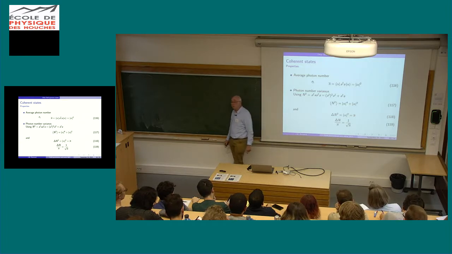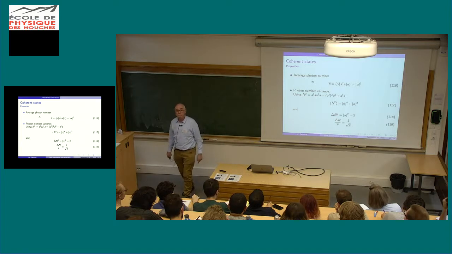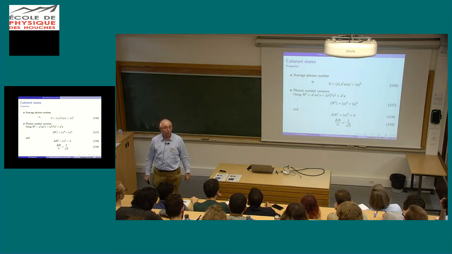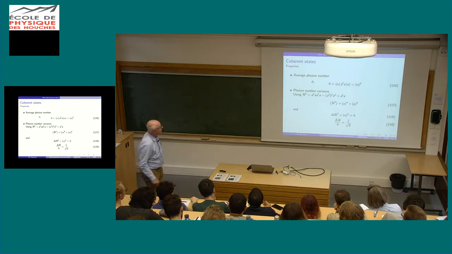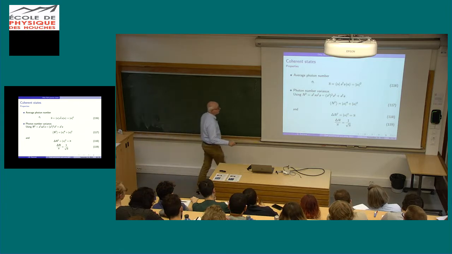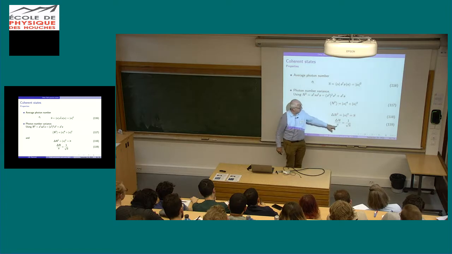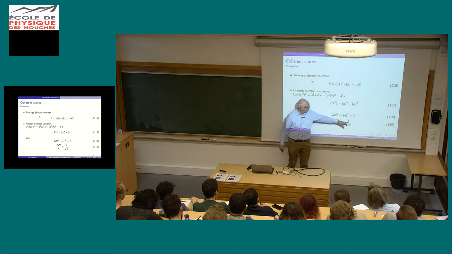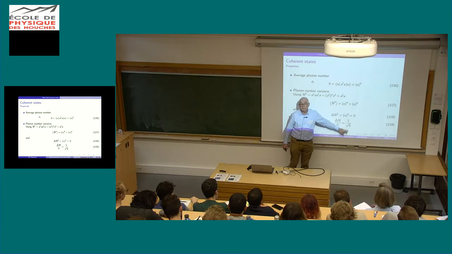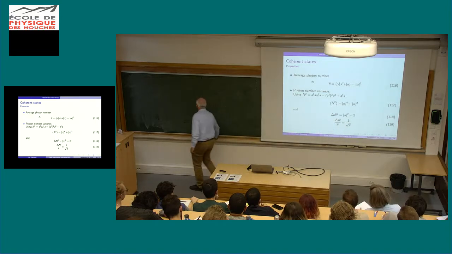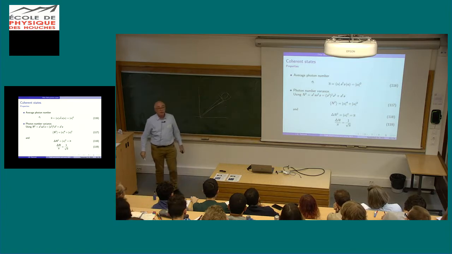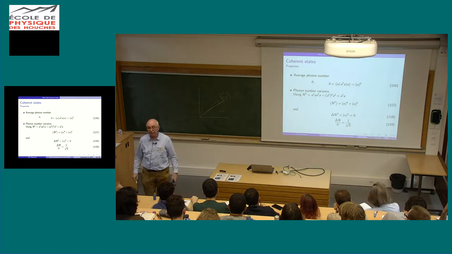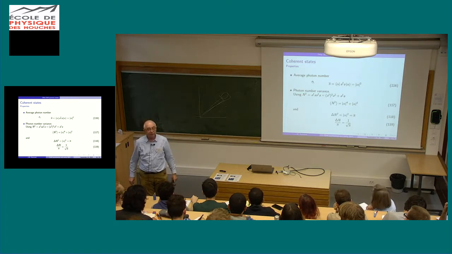And we know, of course, of one probability distribution whose variance is equal to the average. It's the Poisson law. So we guess that the photon number distribution could be a Poissonian law. More importantly, it says that the relative fluctuation, that is the standard deviation divided by the mean, is 1 over square root of n. And that we can understand. The higher the field, the variance of the photon number is the difference between the squares of these lengths, and the higher the field, the less is this difference in